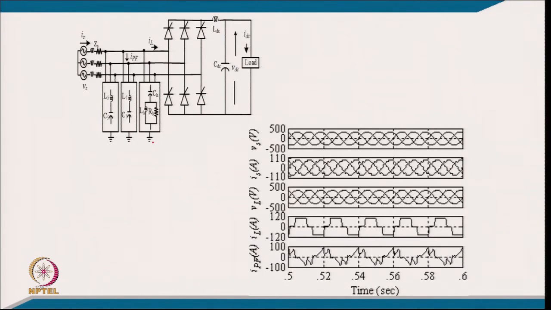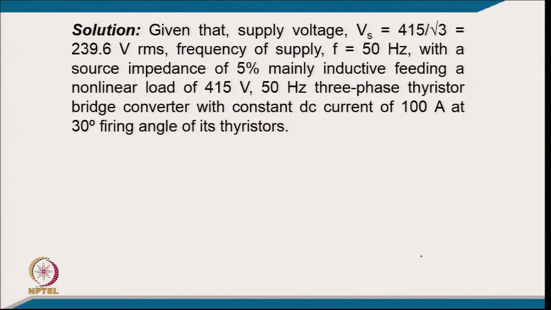So, this is the typical circuit of the load: you have a thyristor converter with LC filter and then the load, and you have a passive filter tuned for 5th harmonic, 7th harmonic and high pass. You can see the supply current is sinusoidal and in phase with the supply voltage, the load voltage is not affected, and this is the passive filter current. So, coming to the numerical part, given that the supply voltage is Vs equal to 415 by root 3, 239.6 volt,